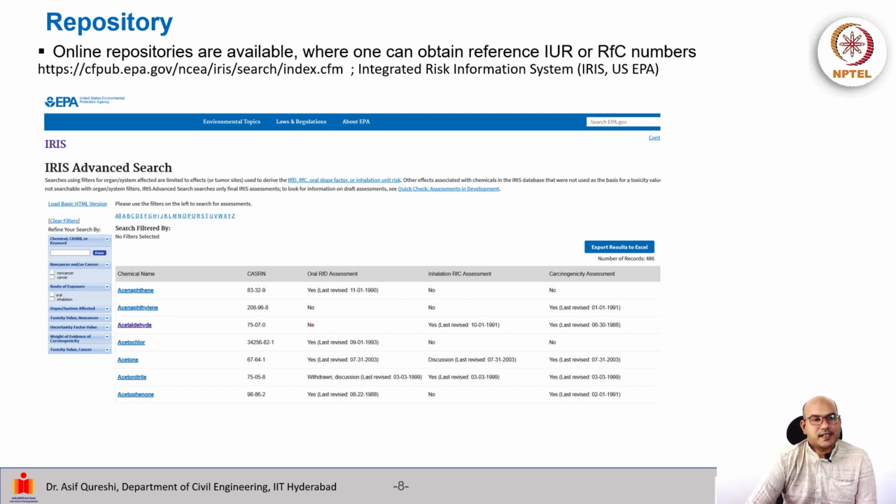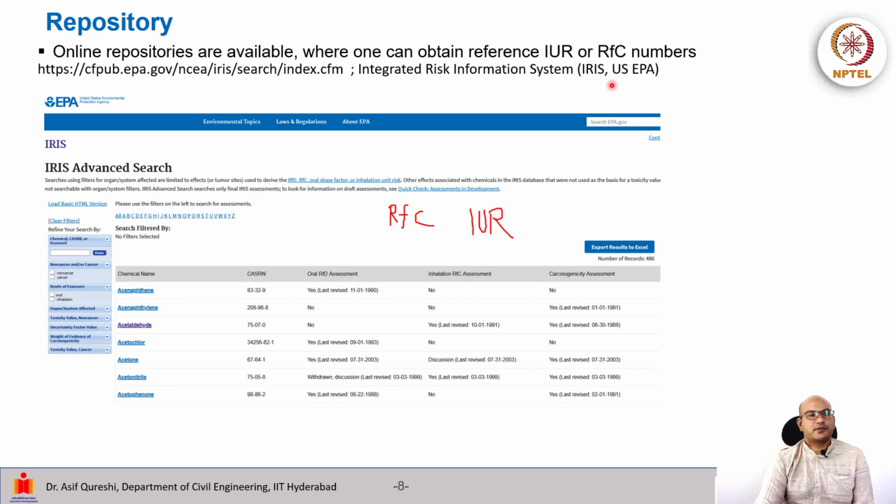There are repositories. So the next thing is, to calculate risk, we need reference concentrations and we need IUR. So again, we need these values to calculate our risk. Some online repositories are available. I will highlight one, but the interested person can search more repositories and more guidance values which are given by different agencies. Because this was probably very easy to find, there is this Integrated Risk Information System